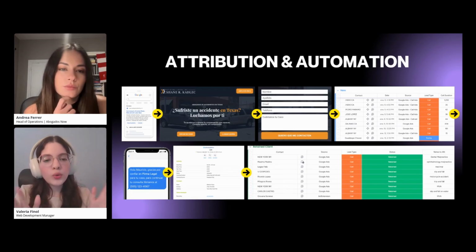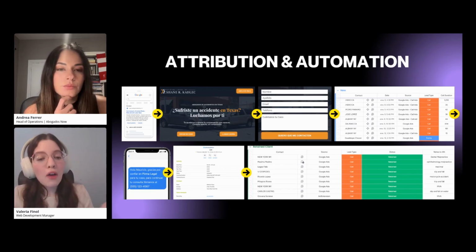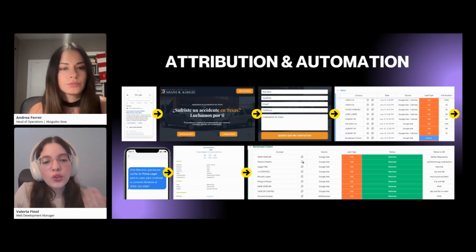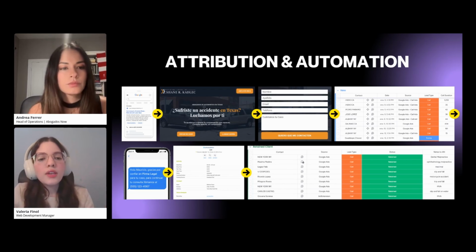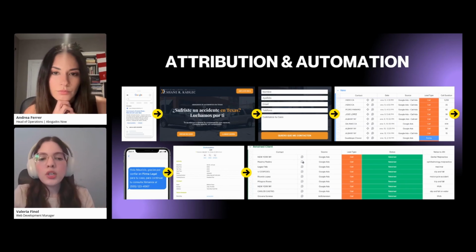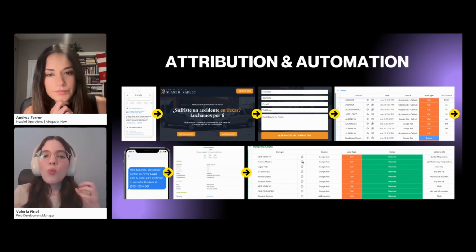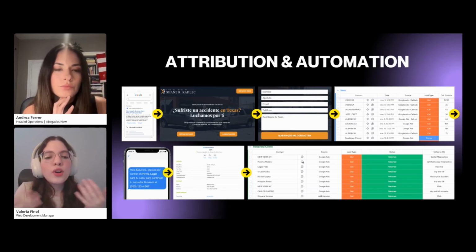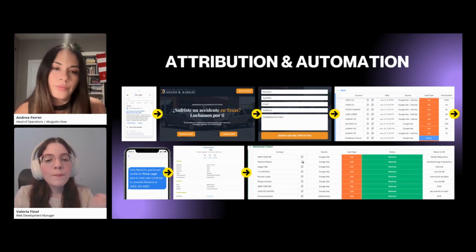So I'm going to walk you through the flow it should have. First, the user clicks on your ad, then it takes them to the landing page, then they call you or they fill out a form, and it goes to your CRM. And one powerful thing that you can do with automation is once someone fills out a form, you can instantly send them a text message saying, thanks for contacting us. You can call us at this number. And if it's urgent, they're going to call you.